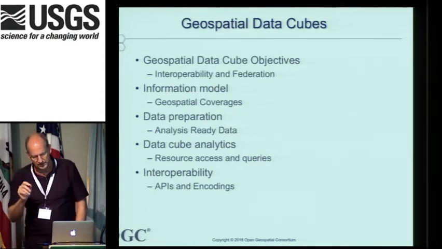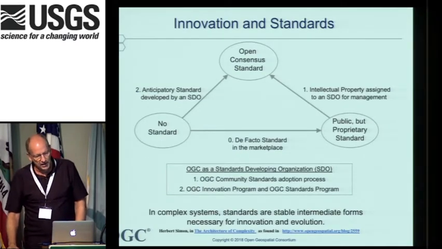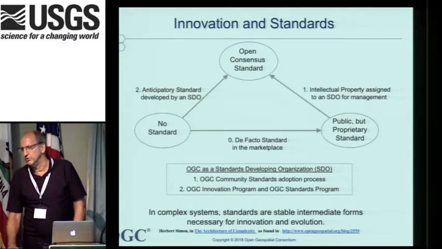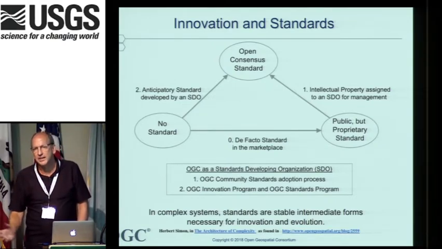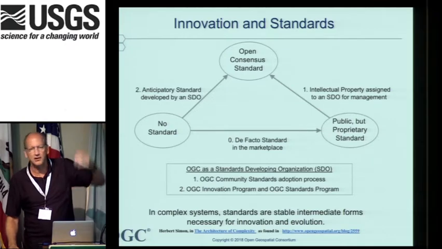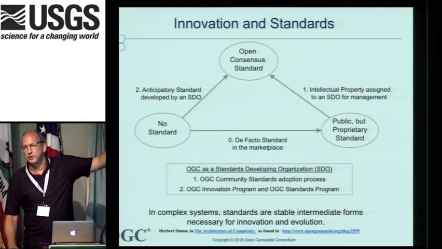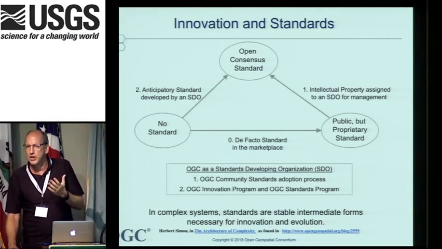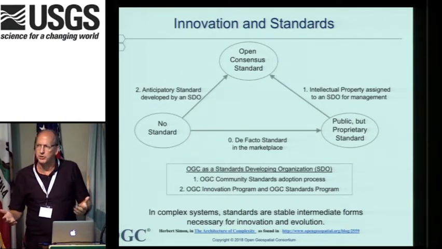Let me leave you with one thing, and it's not only relevant here, it's also maybe more immediately relevant for STAC. And that is the relationship between innovation and standards. At the end of the day, what I'm interested in is your best thinking turning into something that somebody else uses. How does that happen? How does it become a standard that's commonly adopted? You start out, this is a state diagram kind of thing. No standard exists for the marketplace, right? There's a couple of different ways this can happen. One is a company in particular does a really good job of defining something that becomes a de facto standard. And it's public, they publish the spec, but it's proprietary in the sense that they control the intellectual property.